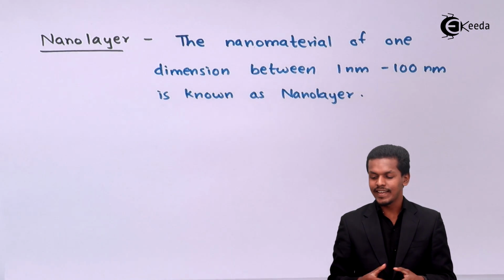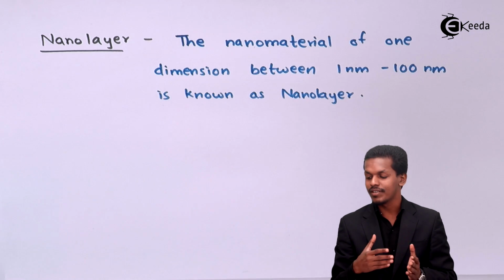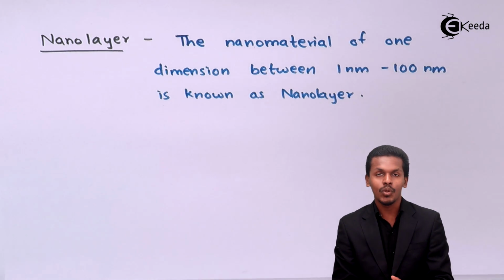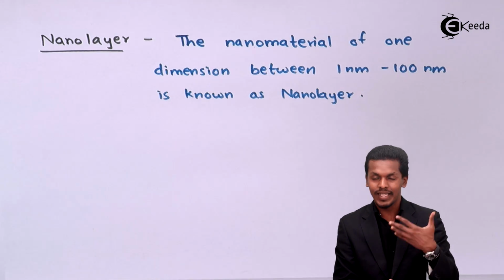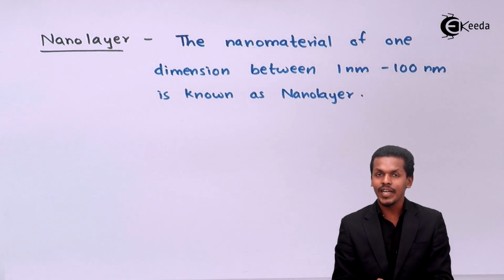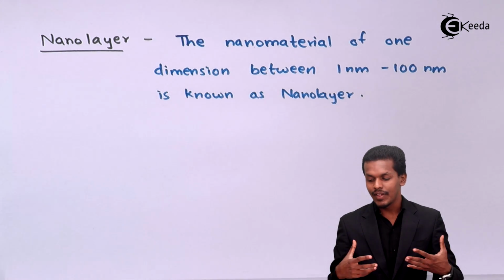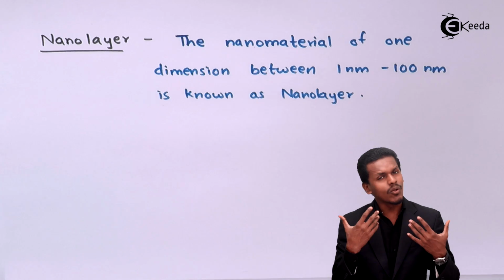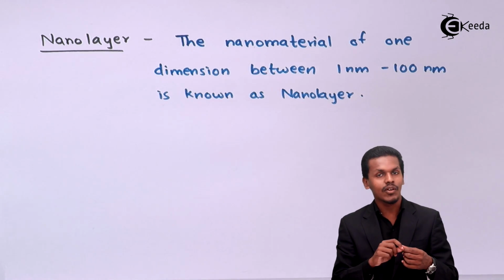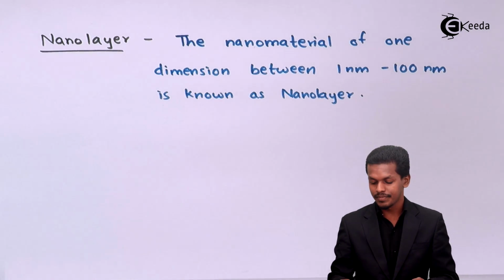Talking about the nanolayer, the nanomaterial of one dimension between 1 nanometer to 10 raised to 2 or 100 nanometer is known as nanolayer. And as we have got to know about the nanomaterials, they are the materials that have at least one dimension. So specifically talking about one dimension, nanolayer is basically one dimension, a material with a range from 1 nanometer to 10 raised to 2 nanometer, and that is the reason these are called nanolayers. And now let us talk about another one,